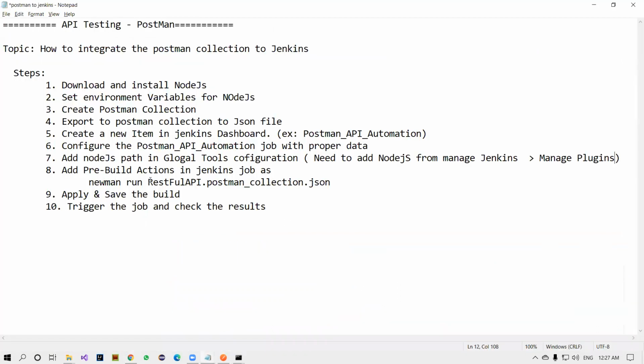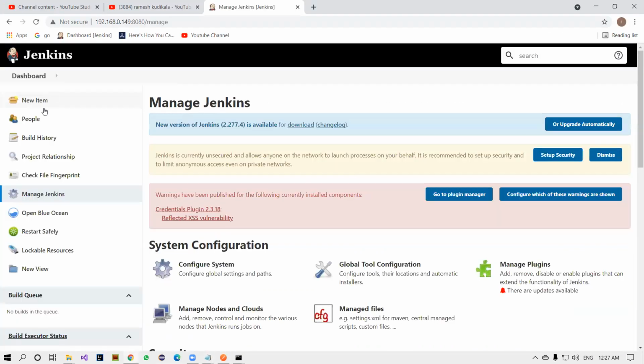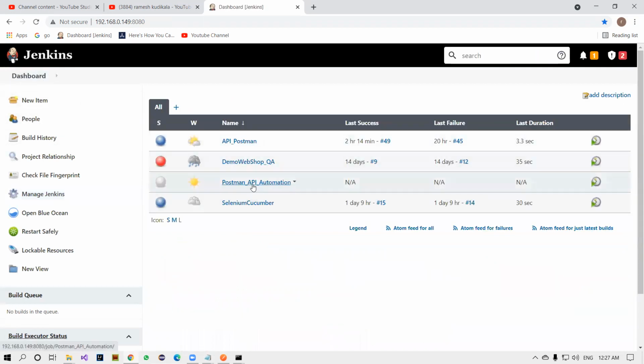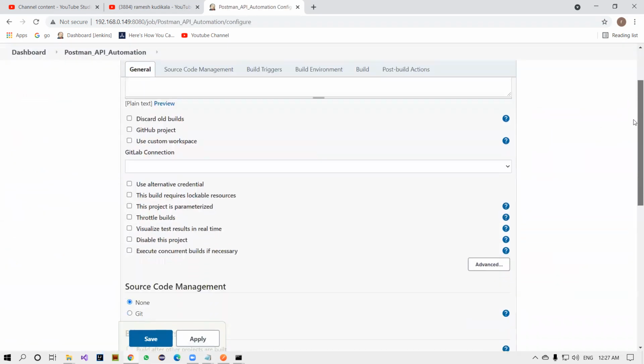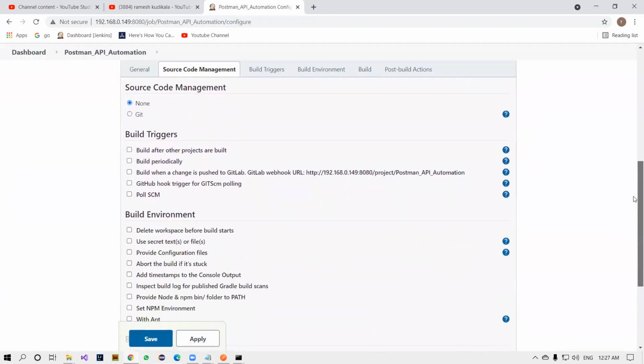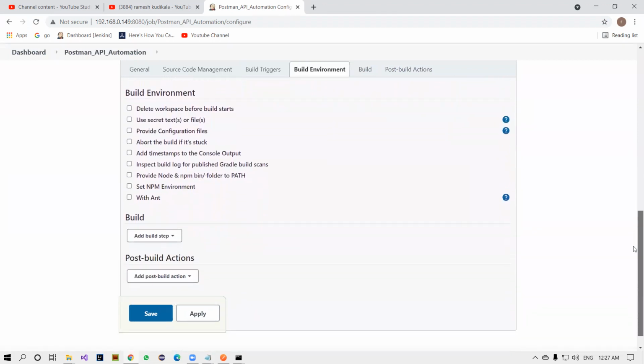Add pre-build actions in the Jenkins job. So I'll go here to Jenkins, where are my jobs? Postman API automation, configure here, and scroll down. I'm not taking the project from anywhere. I'm just running it on the local machine right now. This is the pre-build section, this is the build section.